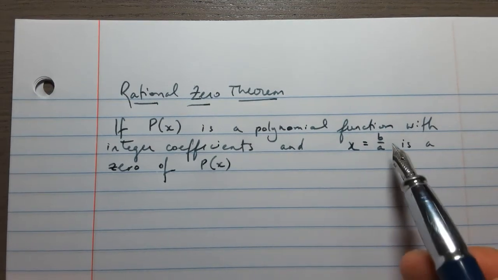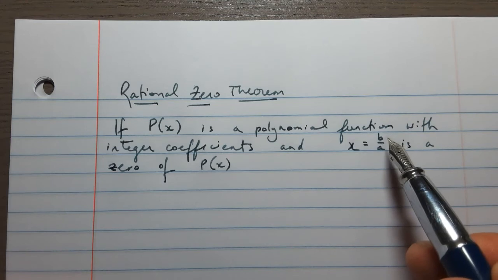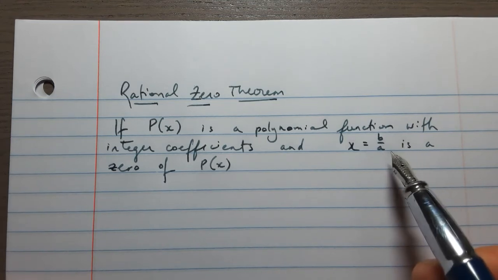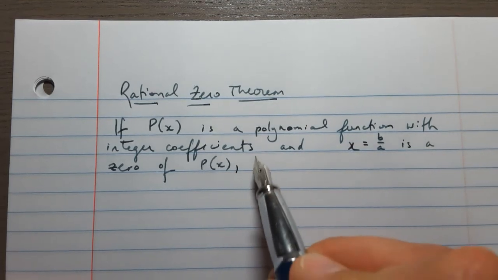And remember that when we learned about this with the factor theorem, a and b are integers and a can't be 0, so you're not dividing by 0. Then